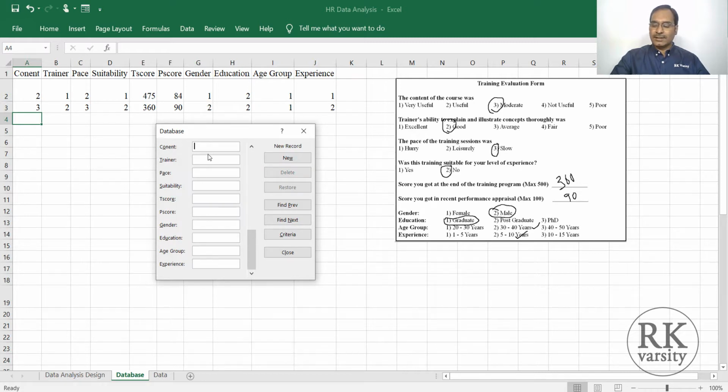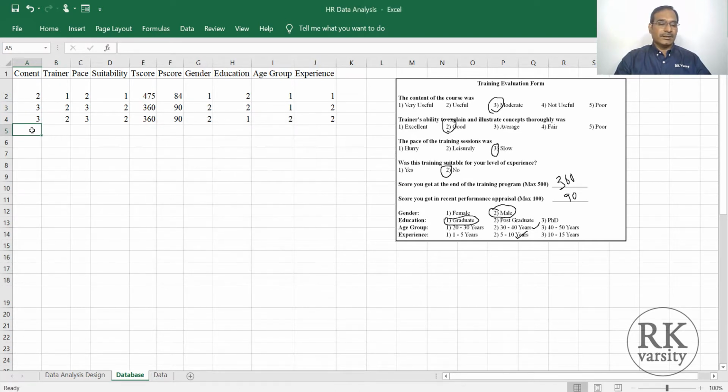So enter the data: 3, 2, 3, 2, 360, 90, 2, 1, 2 and 2. Click New. The third record is created. This way you can enter all your data without any errors. If you observe here, there is no missing column.